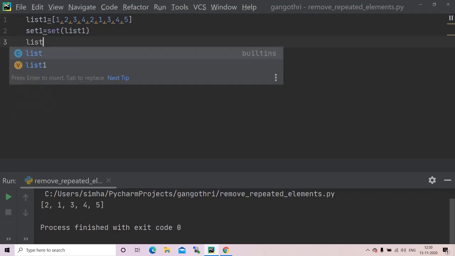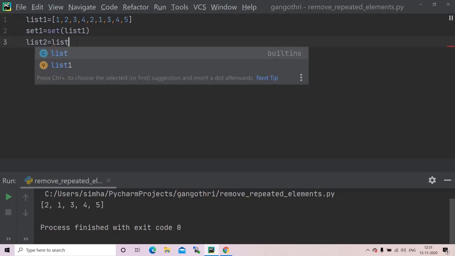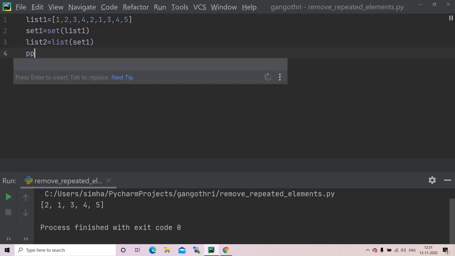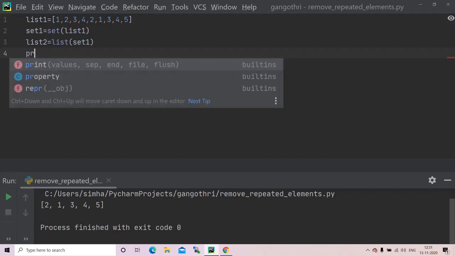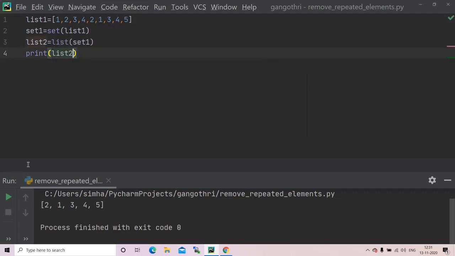Okay, list2 is equal to list of set1. Very simple, right? A simple 4-line program. Print list2. Yeah, this time we got all the elements repeated only once, and also we do not have to use all